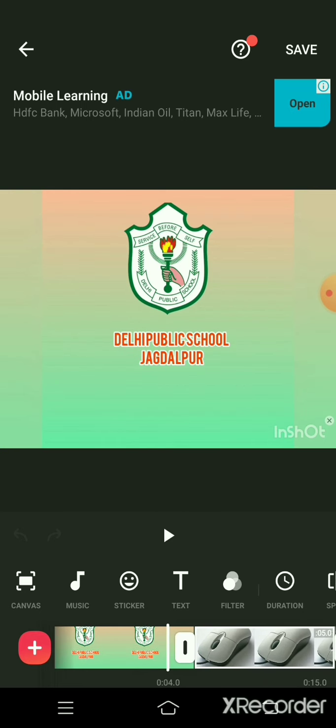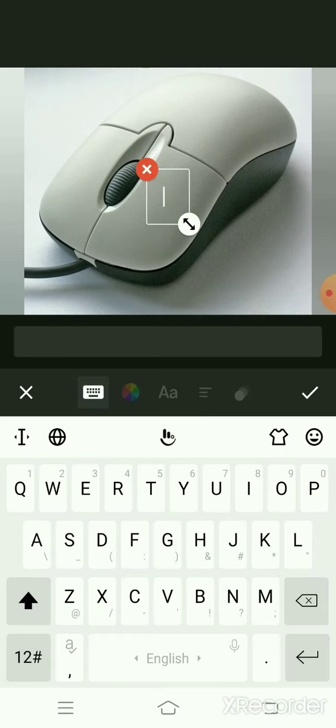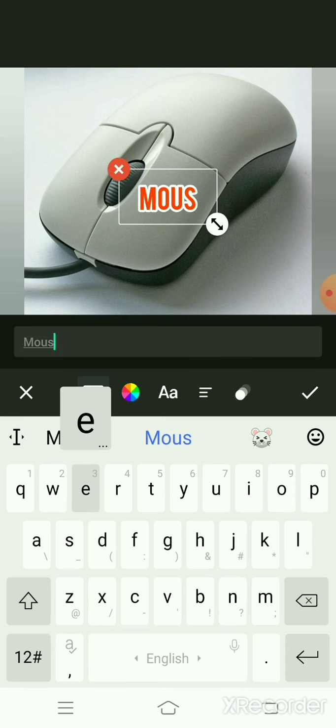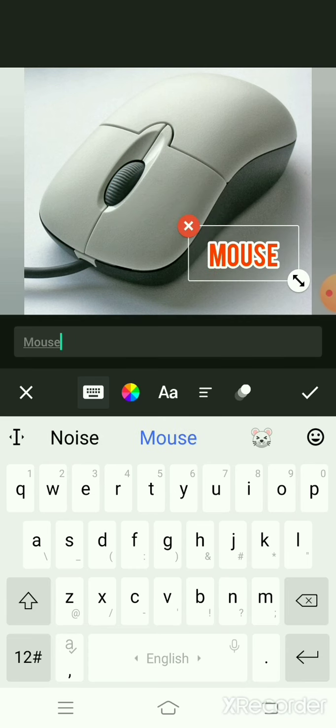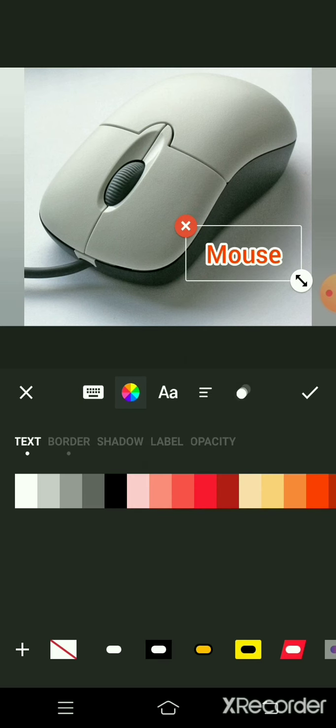Now you need to move to the second page. If you want any text to be written, you can click on text and add it. You can set the font type, or you can set its color also.